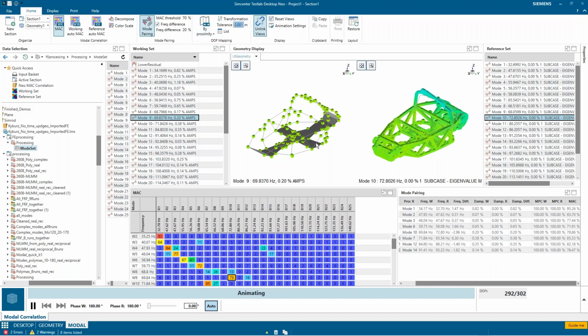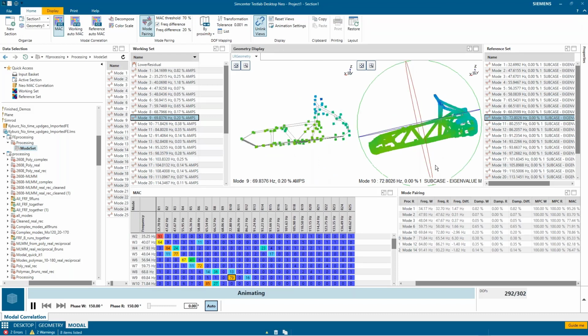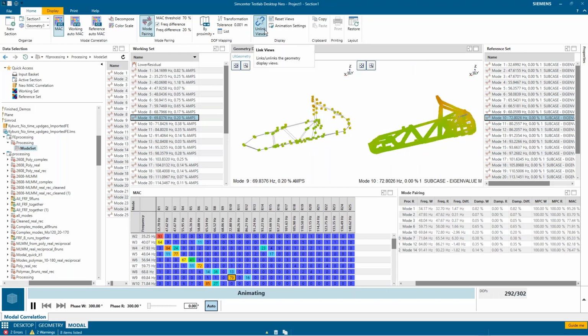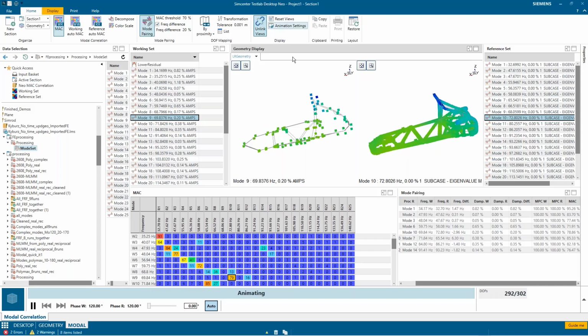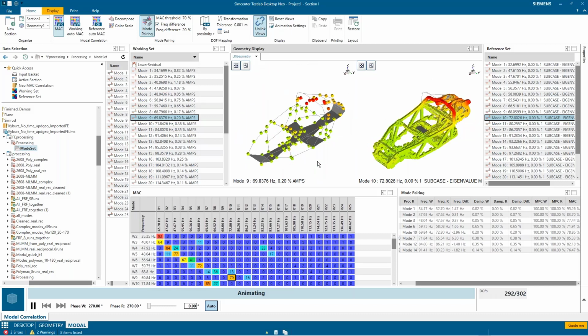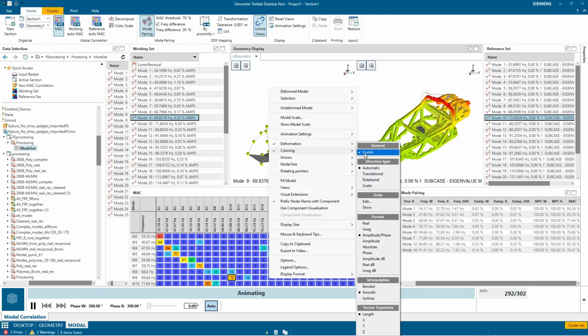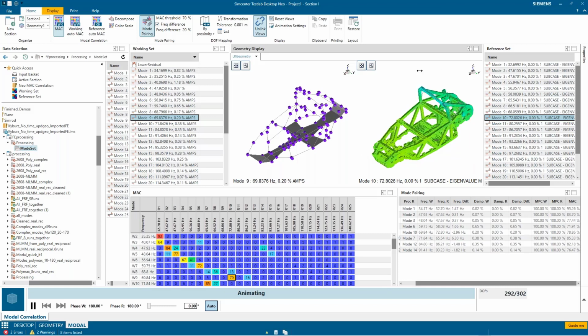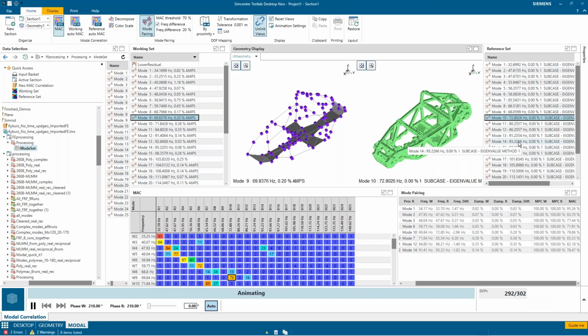There's some settings here. So if I rotate a picture here, they both rotate. And that's because I have linked displays on. So if I unclick that, now they're unlinked. So now if I rotate one of these, they don't rotate together. And if you want, I can link the 2 views again, and then they should both rotate together. Standard stuff, maybe you don't like the coloring. I can turn the coloring off. So I gotta do it on both displays. I can add node names, I can add node markers, all the standard geometry display stuff.